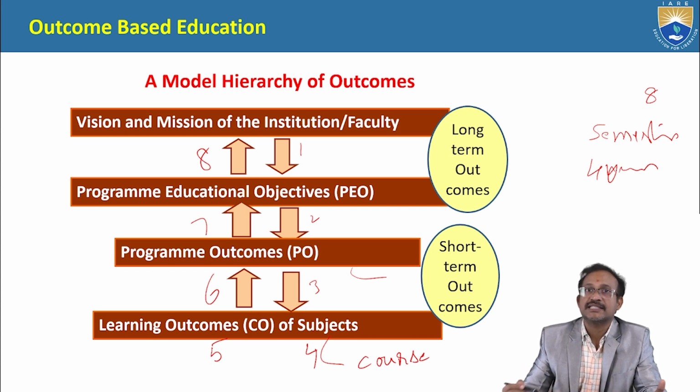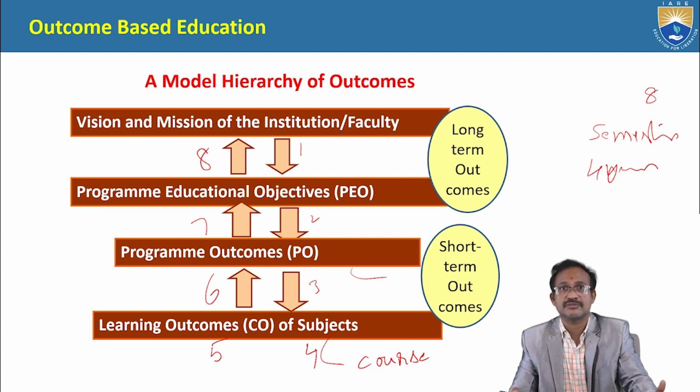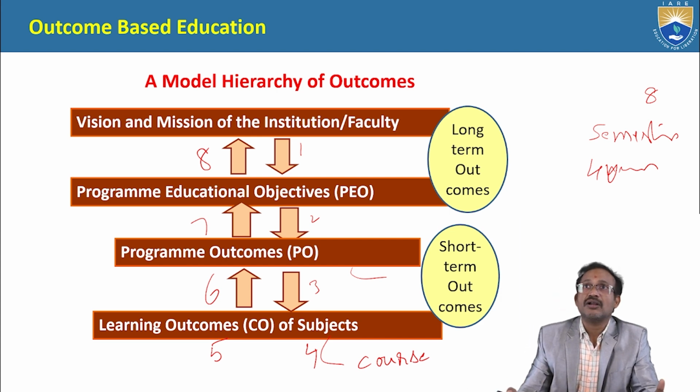So based on the experience, based on the inputs given at the time of the program of the Institute of Aeronautical Engineering or in any institute, let us say, okay. So during education, he acquires some knowledge and he can apply that knowledge in any company. Subsequently, because of his experience and inputs given and learnings from the institute, cumulatively he will have some performance. That performance will be measured by the employer, that is program educational objectives, okay. So those are long term outcomes,